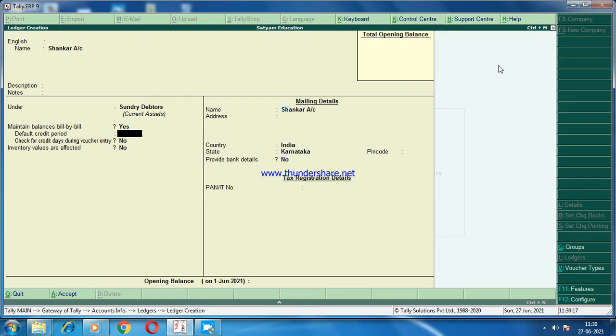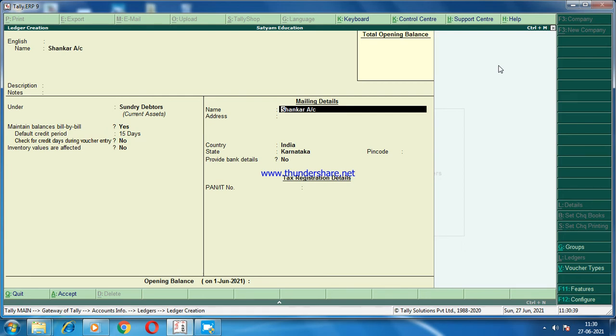Then here we need to enter the default credit period, that may be 15 days or 20 days. Then check for credit days during the voucher entry. Here if you already have any, you have to enter the number of days already over. If there is none, just write the no option.